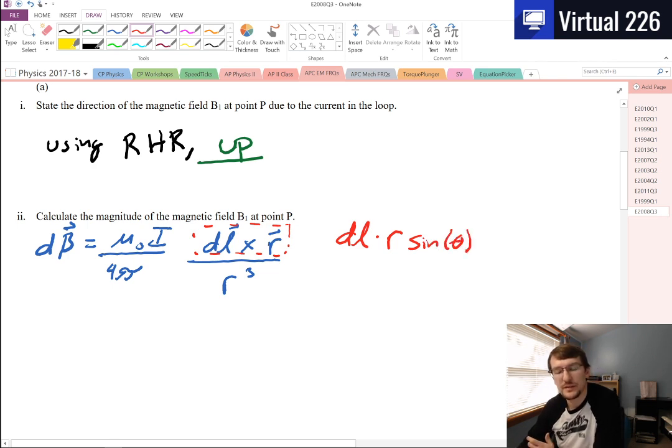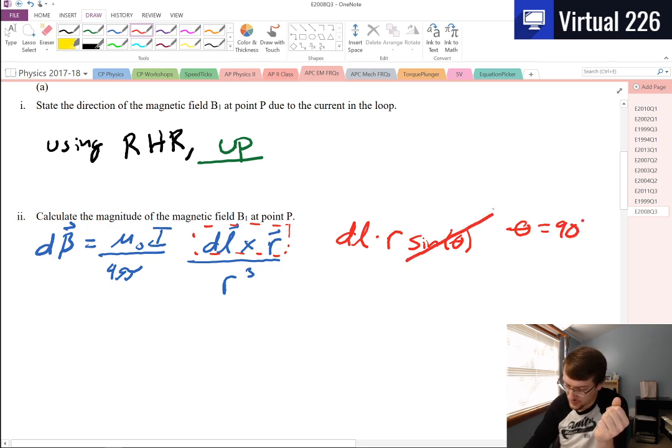And what we're going to see in this problem is that the dl component, the small component that is running around this wire, is going to be perpendicular to r. So the angle is going to be equal to 90 degrees, and the sine is going to be equal to 1, which causes it to go away, which will cause this r to divide out with the denominator, so we get an